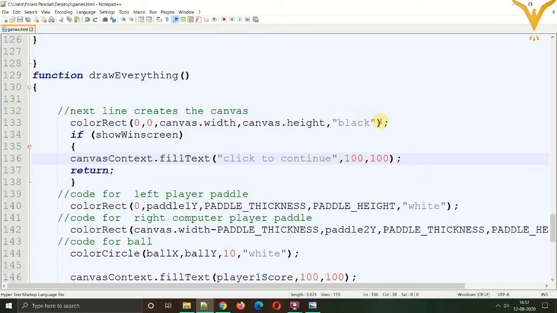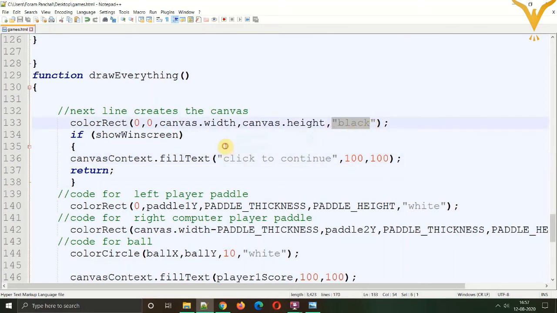As soon as the score is 3 or greater than 3, it will reset the scores and display on screen. As you can see, every element on the screen has vanished, and the reason the text is not visible is that the text is using the color of the canvas, which is black right now.